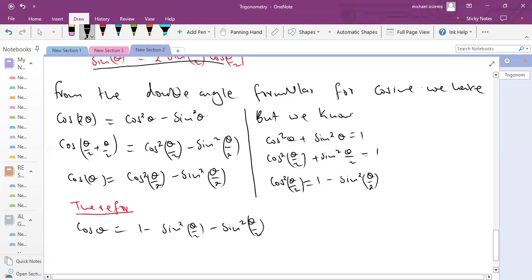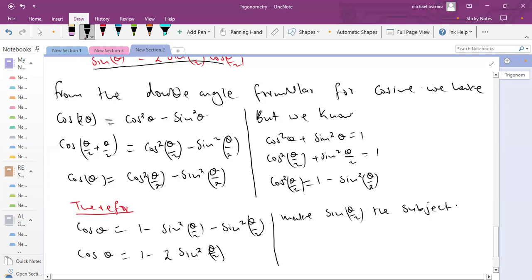And so this leads to cos theta is equal to 1 minus 2 sin squared theta over 2. So make sin theta over 2 the subject. So we shall have